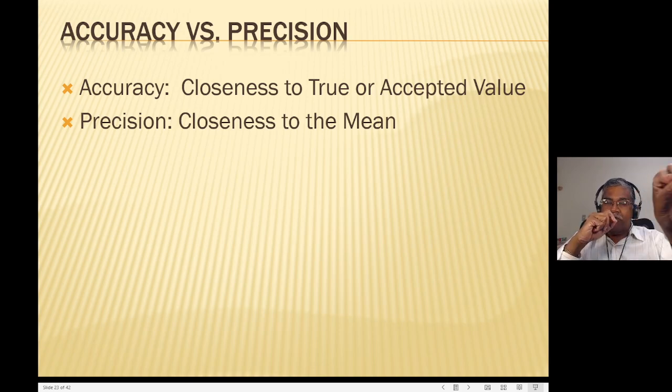The darts will cluster around a certain spot. It'll be away from the target, but it'll be clustered around the same spot. Let's assume that, everything else being equal, left-handed throwers have a certain bias, just because of the nature of their left-handedness, for example. So you're going to have a whole bunch of darts clustered around one spot, but it won't be close to the target, or it might be slightly away from the target, right? So that is not an accurate throw, because accuracy meant that you had to throw the dart at the bullseye. But they have thrown it slightly off to the right, but everybody's thrown at the same spot.